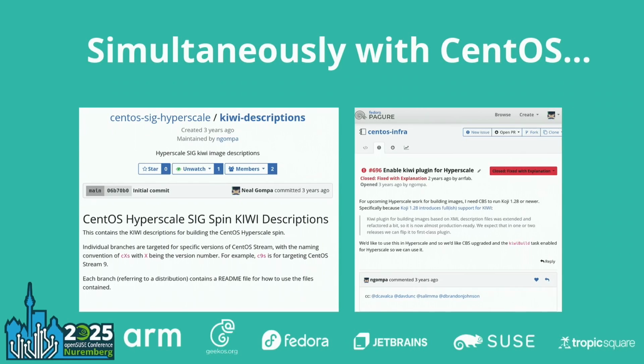So I started with using Kiwi, and we worked with the Koji people to make sure that we have this plugin, as I mentioned earlier, and we saw the commits and the pull requests for enabling the Kiwi plugin to be functional. Well, we turned it on for Hyperscale in the CentOS Community Build Service, again, another Koji instance, so that we were able to start using it for CentOS Hyperscale images. And so CentOS Hyperscale was the first CentOS community group that started using Kiwi,